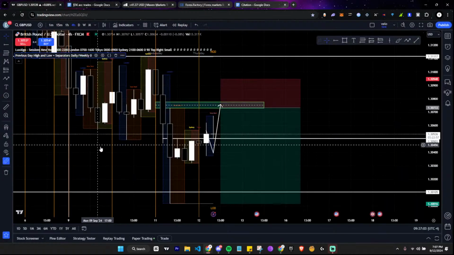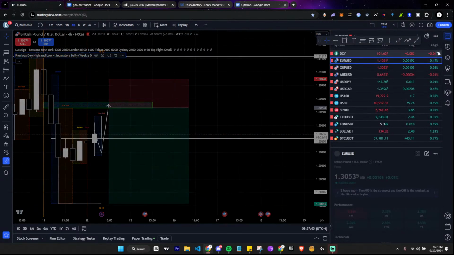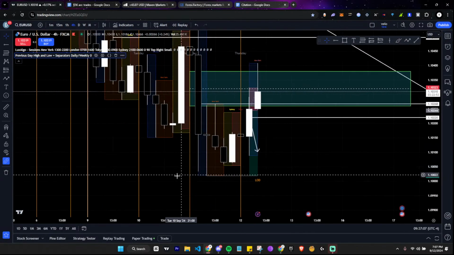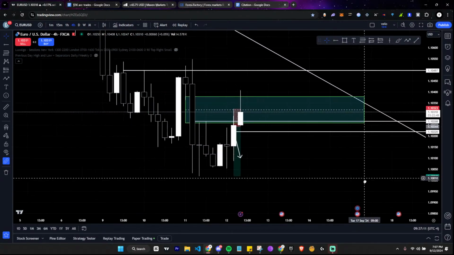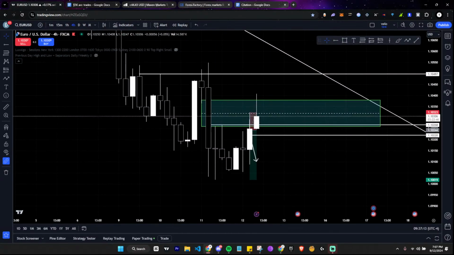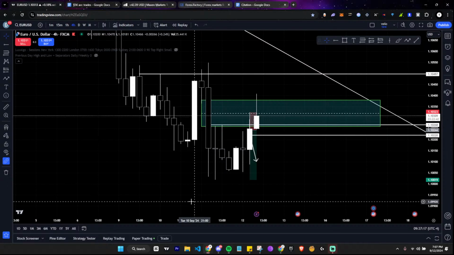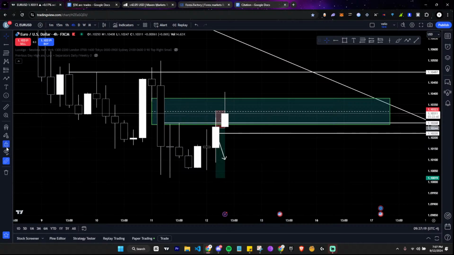So now let me show you guys why I took this trade and why it went for a loss. Okay, so let me actually stop. Let me get rid of that. Okay, so as you guys can see over here, we have this. Okay, 1 second. Okay, so as you guys can see over here on the 4 hour, let me get rid of everything.